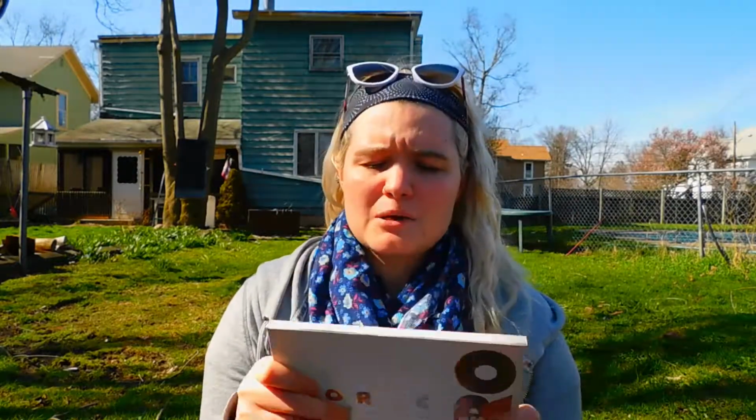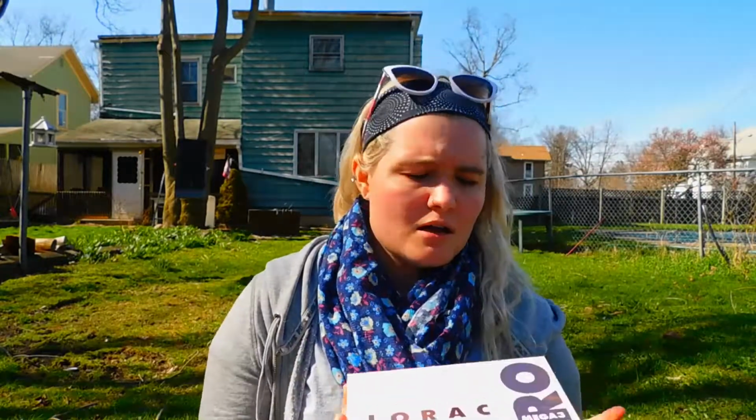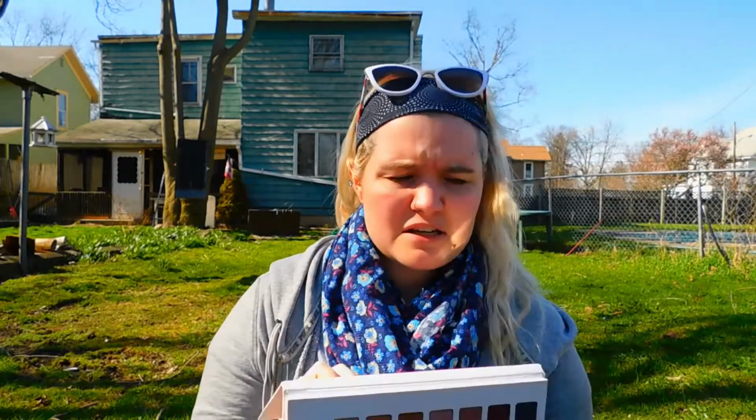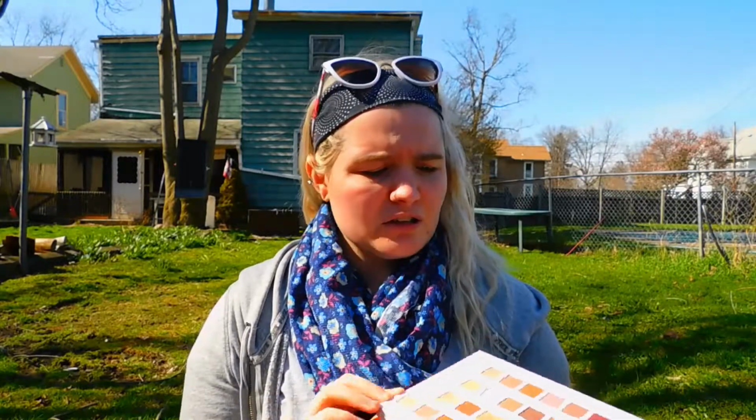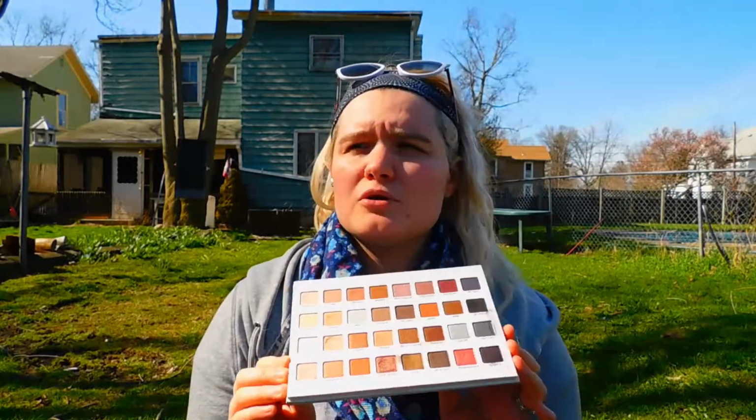Alright, so this is the palette I was talking about. This is the Lorac Mega Pro 3. The material that this is made out of literally collects fingerprints like nobody's business. But this was also on my regret purchasing list, just because this palette is so neutral that